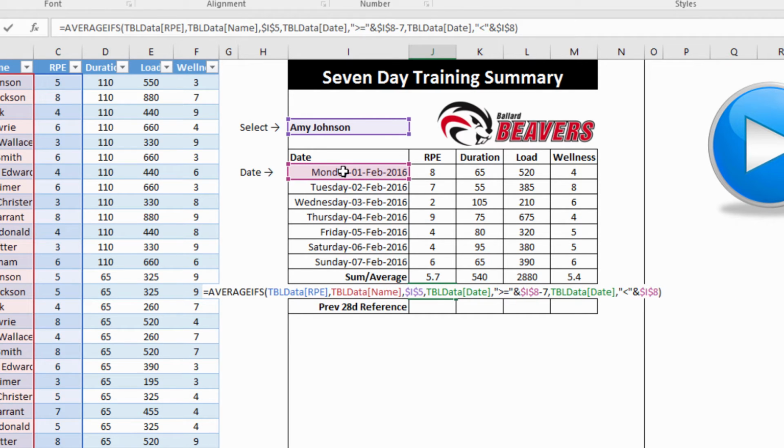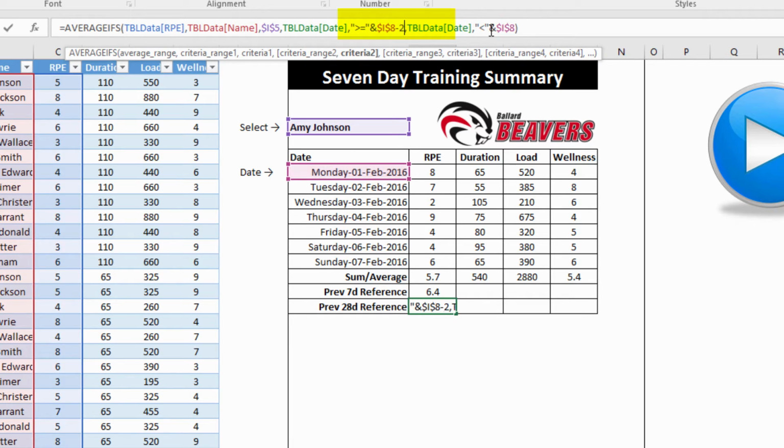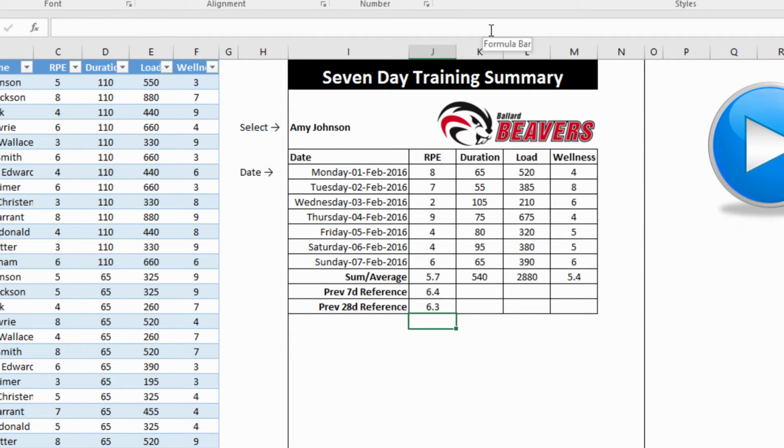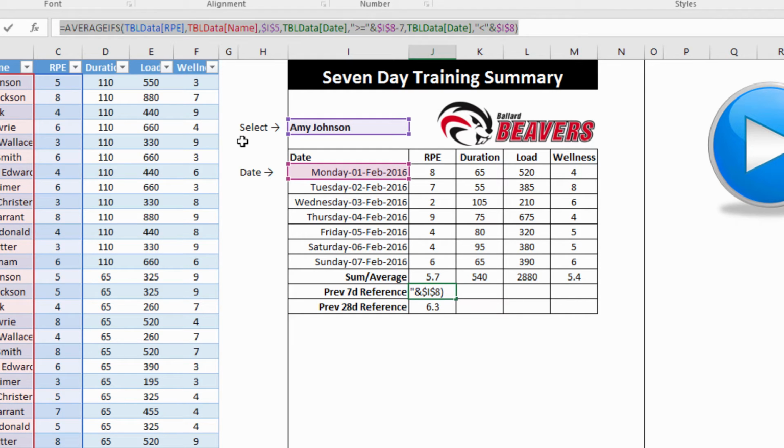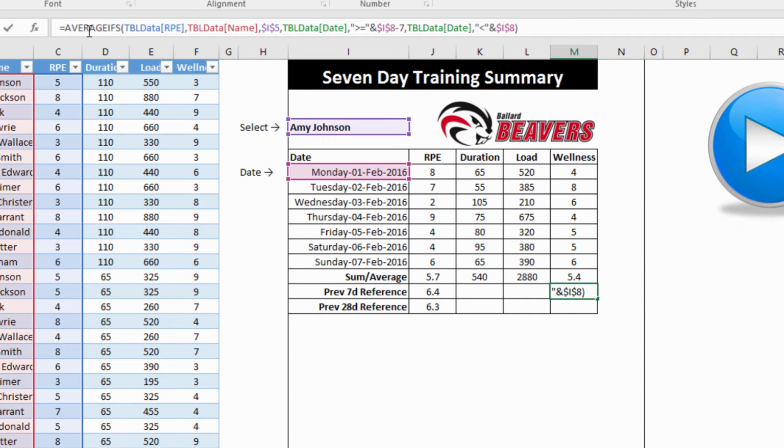So if I close that off, I get a number that tells us the 7-day reference period. If I drag that down with just a simple edit, I can change that to a 28-day reference period. And so that's working pretty well. And if I scoop that out, and I paste it in over here,